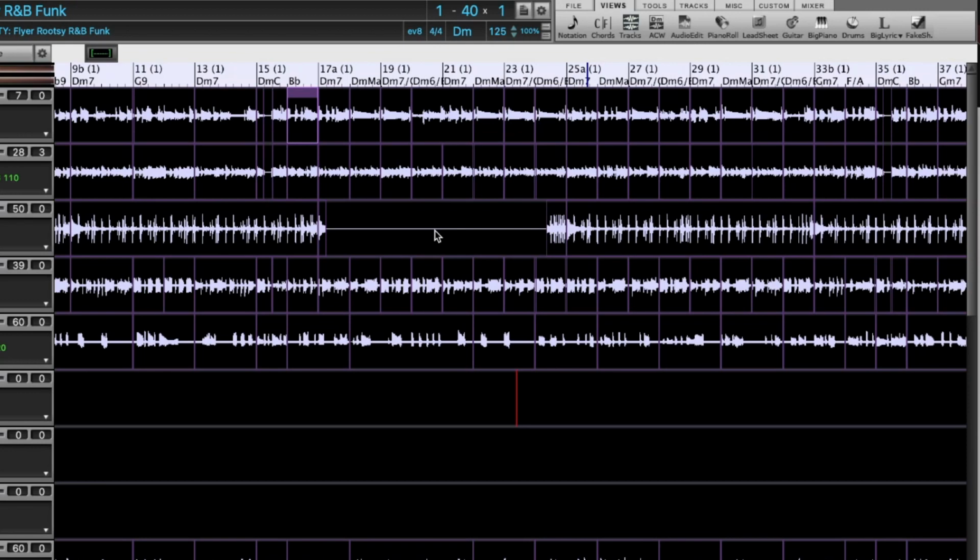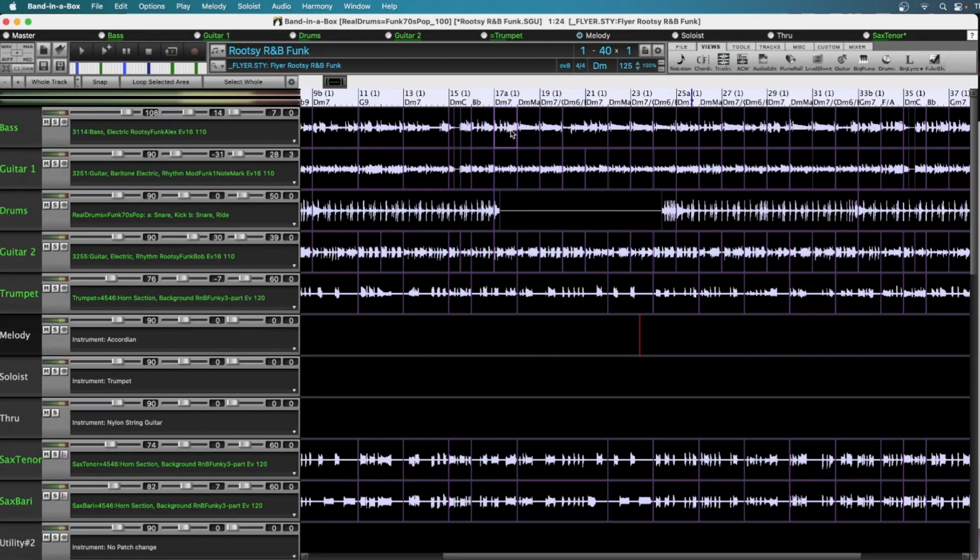So that was kind of cool, and now I'm thinking maybe I might want to do the same kind of thing with some of the other instruments. I'm loving the bass part, so I'm going to leave the bass just going all the way through there. But on the Guitar 1 track here, we have a baritone guitar. So I'm just going to take out some of the phrases in there. Maybe I'll take it out for 4 bars. So if I just click here, that phrase lasts for 1 bar, so I'll just delete it. I'll delete the 2nd bar, 3rd bar,